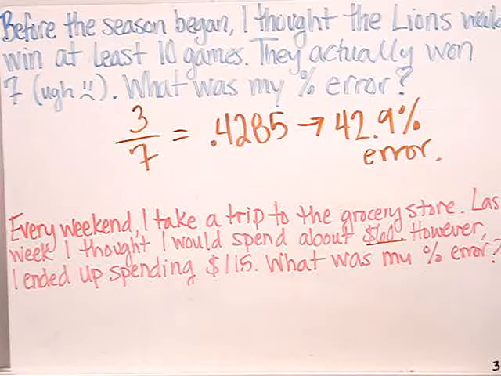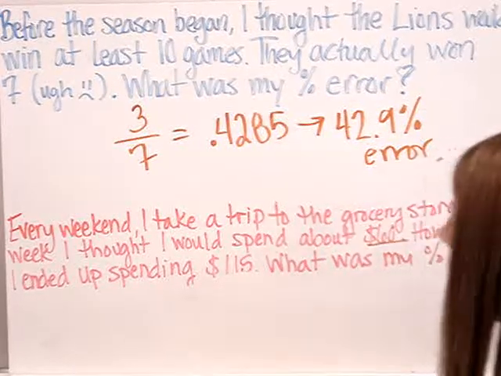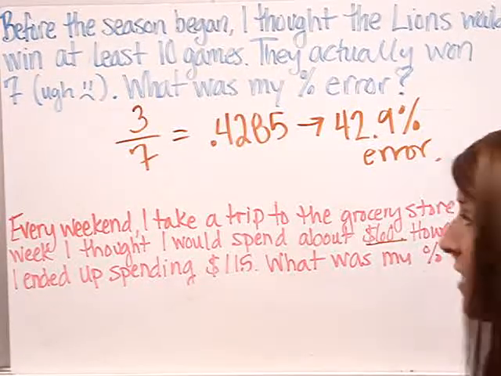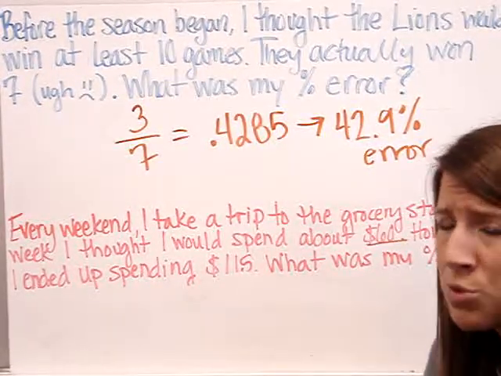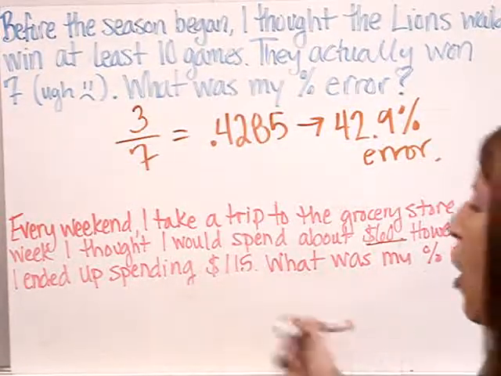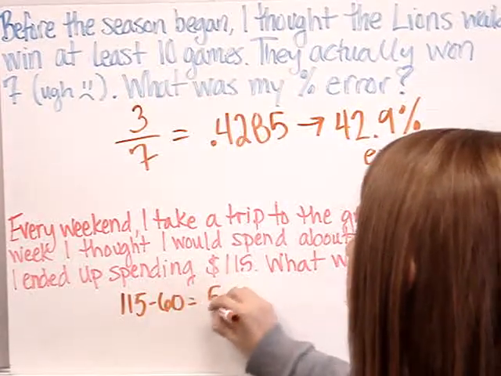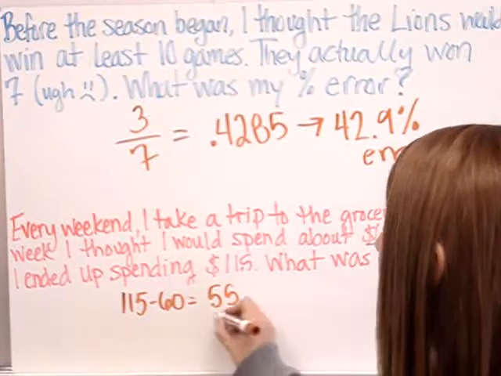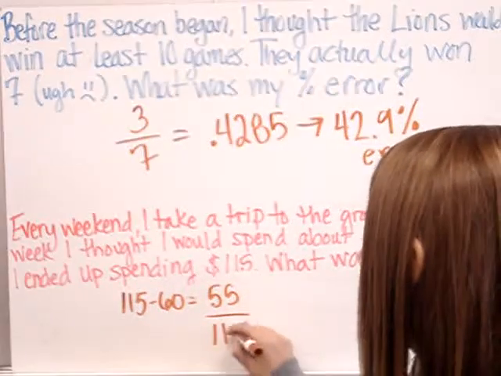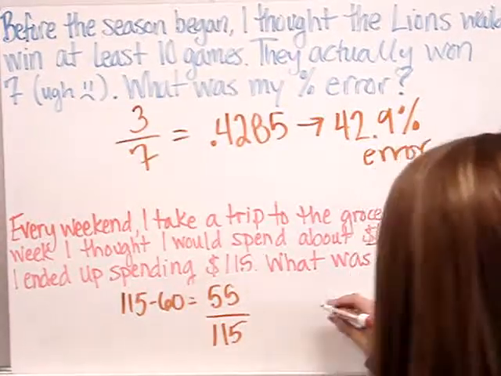Okay. Every weekend I take a trip to the grocery store. Last week I thought I would spend about $60. However, I ended up spending $115. So what was my percent of error? Well, I thought that I would spend 60. Clearly, I was wrong. So what is the difference between what I spent and what I thought I would spend? Well, that's 115 minus 60, which turns out to be 55. I'm going to take that amount and divide it by the actual amount I spent. 55 divided by 115 is